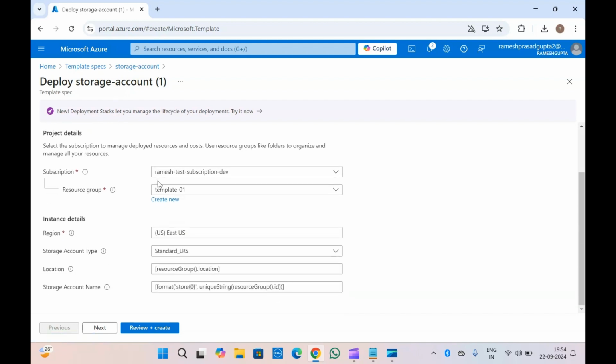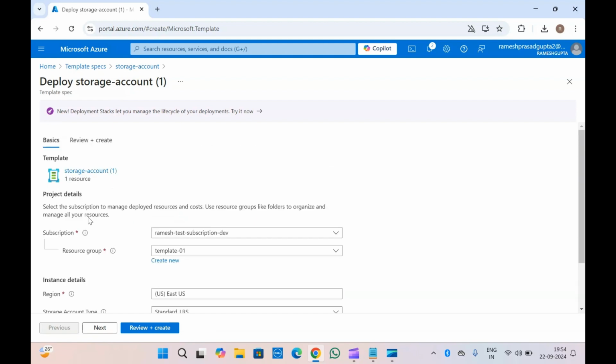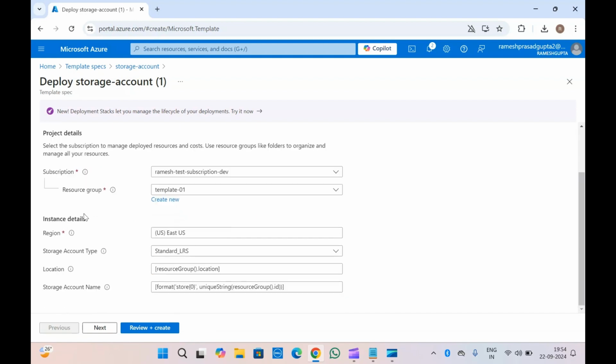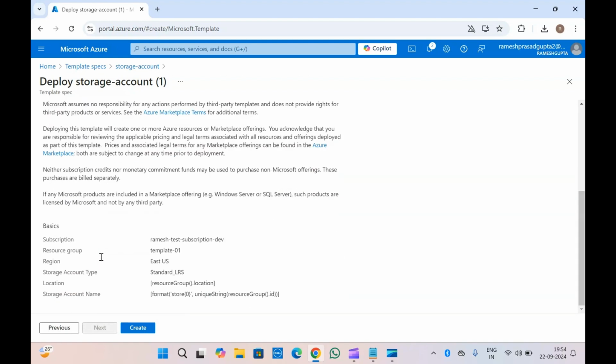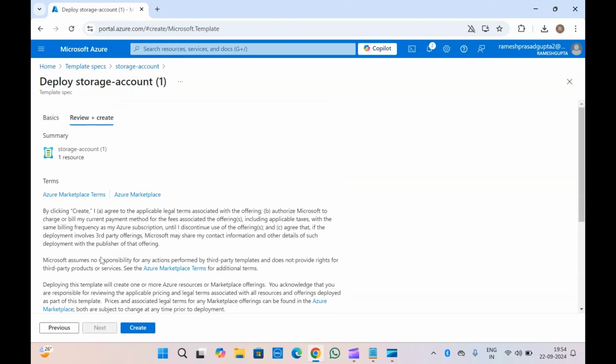Okay, see all the parameters which we have defined in the template. From here you will have to pass it. You can select the location, you can add the storage account name as well. You can click on next, and you can click on create,